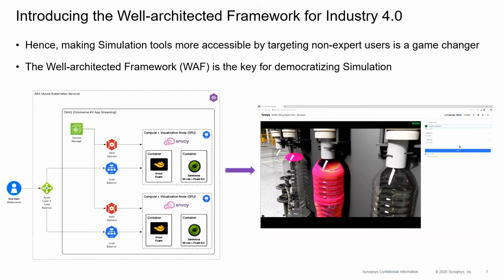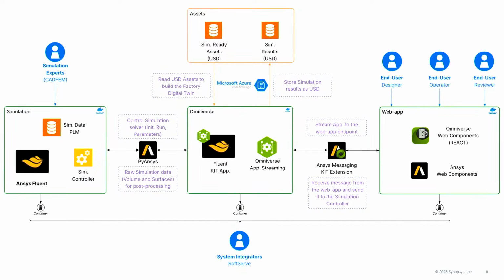Tell me more about what the well-architected framework is. For those that may be watching who think, hey, I really want to do this, what does it look like? Well, it is by definition a framework that explains how to bring together the entire end-to-end life cycle of building a solution that is physics aware, AI aware, cloud aware, from how do you set up and model the problem, how do you generate the training data for the AI system, how do you produce the surrogate models that can then do the optimization, and then how do you visualize the results of these simulations so that they can be used and accessed by people that are not deeply in the technical domain.